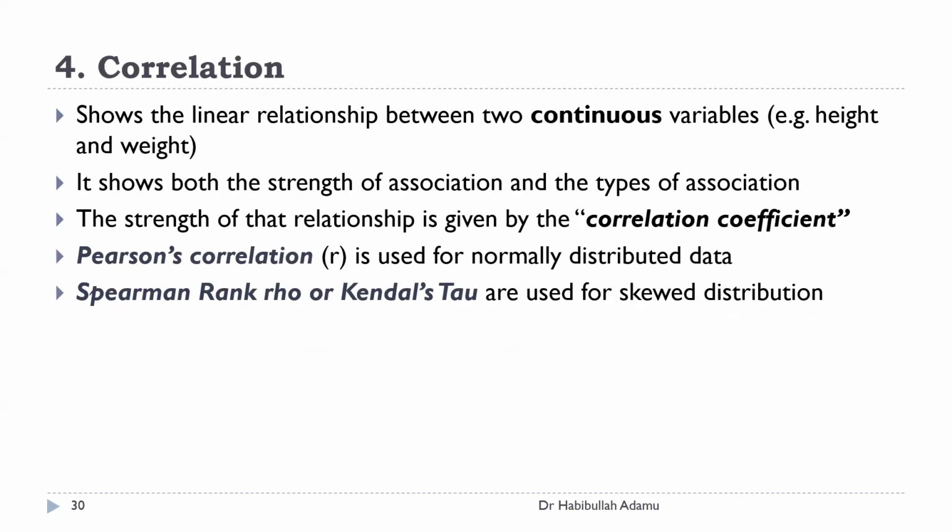So correlation, here we talked about correlation. We say it is used to test association if the variables are quantitative in nature. So there are two major types. We have Pearson correlation. If the data is normally distributed, you use Pearson correlation. If it is not, you use Spearman correlation. The interpretation is still the same. So we are not looking at the calculation. All we are interested in here is what? The interpretation. Because when you use computer, it will calculate it for you, but you are the one that will